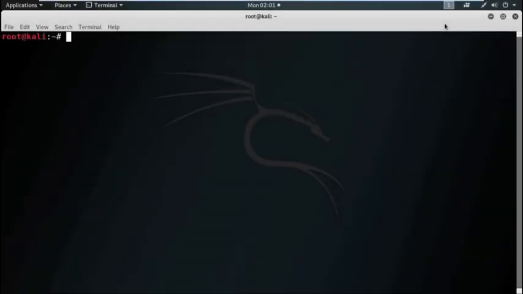Now in this session we will discuss social engineering attack. In this session we will use social engineering as an attack vector to compromise a target system. Social engineering is the term used for a broad range of malicious activities accomplished through human interactions. It uses psychological manipulation to trick users into making security mistakes or giving away sensitive information.